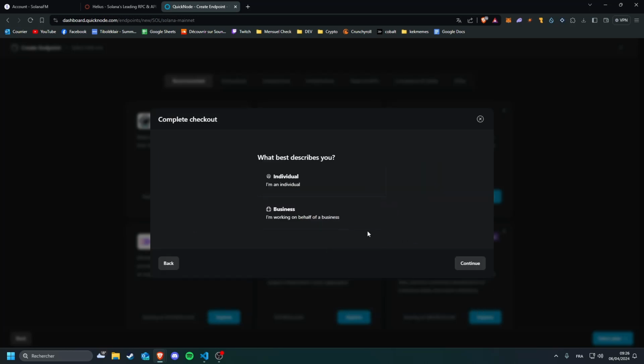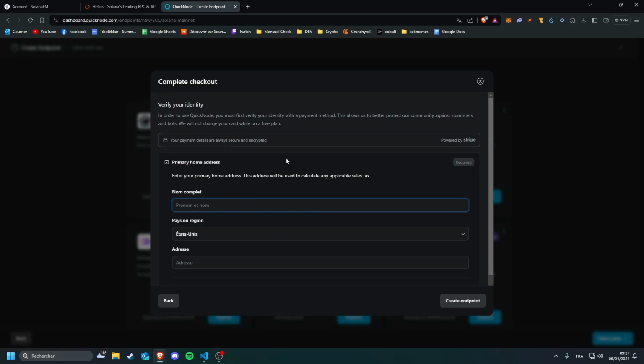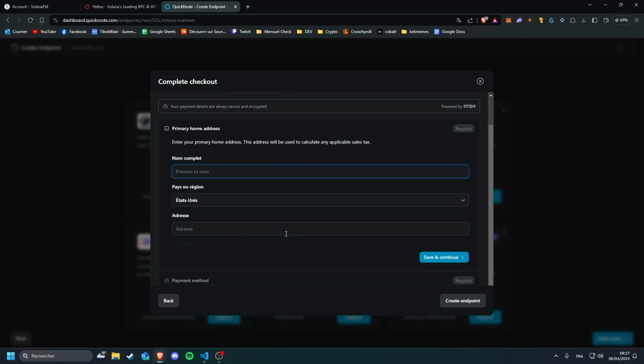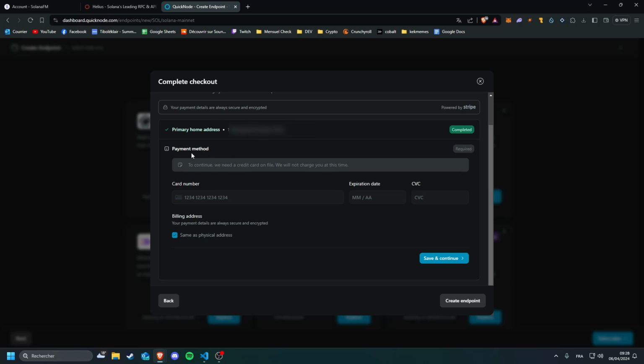So click continue, individual or business needs. It will ask you about your info, so just enter it. QuickNode will ask you for a card, even if you're on a free plan, because the demand is very high. So just enter your card number and click create endpoint.